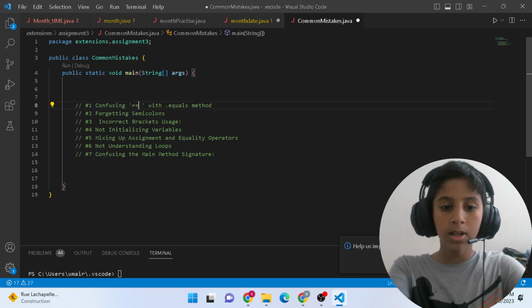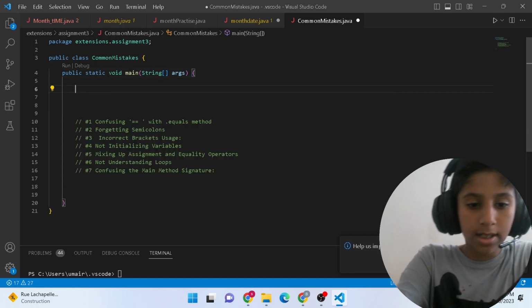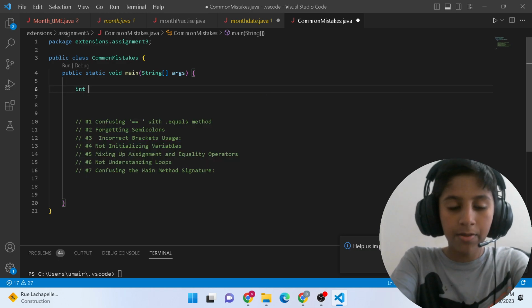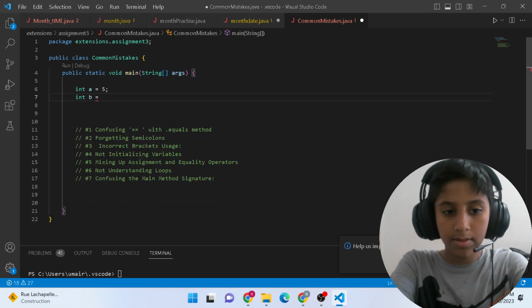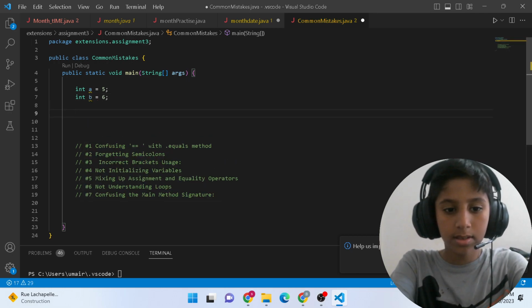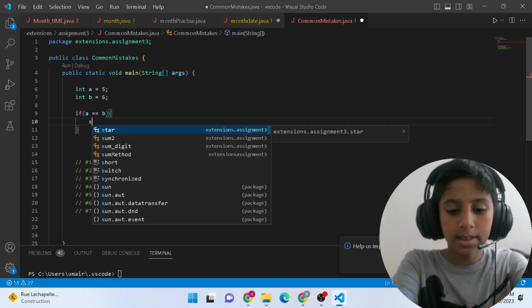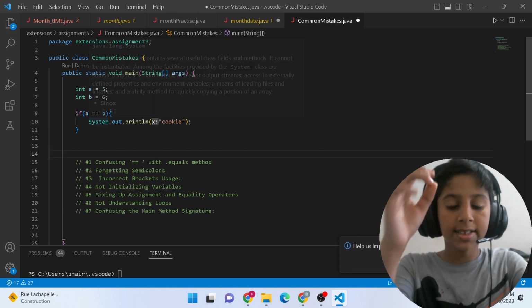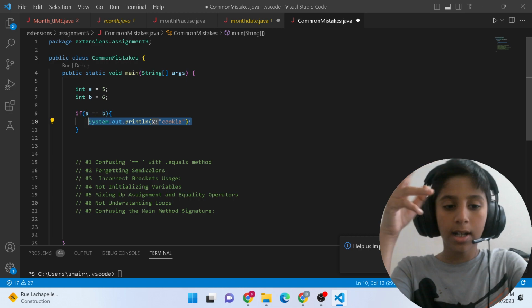So equals to is used to compare. For example, int a is equal to 5, int b is equal to 6. So if a equals b, then system.out.println cookie. Okay, so here we are simply using the equals to, which is used to compare